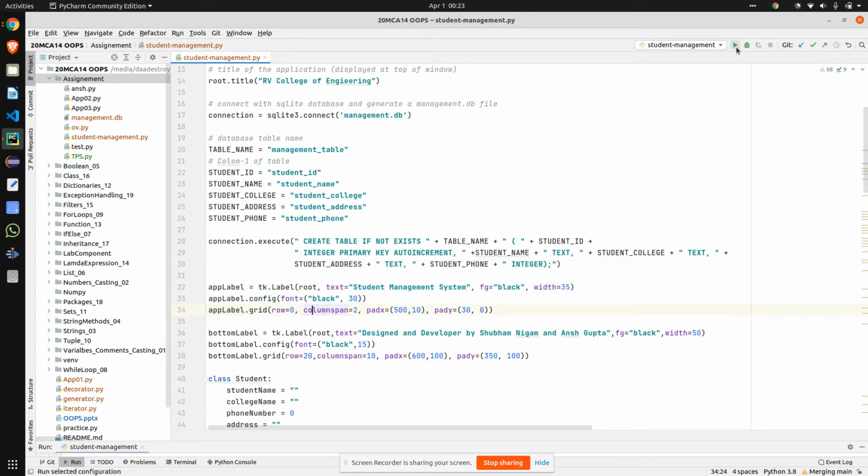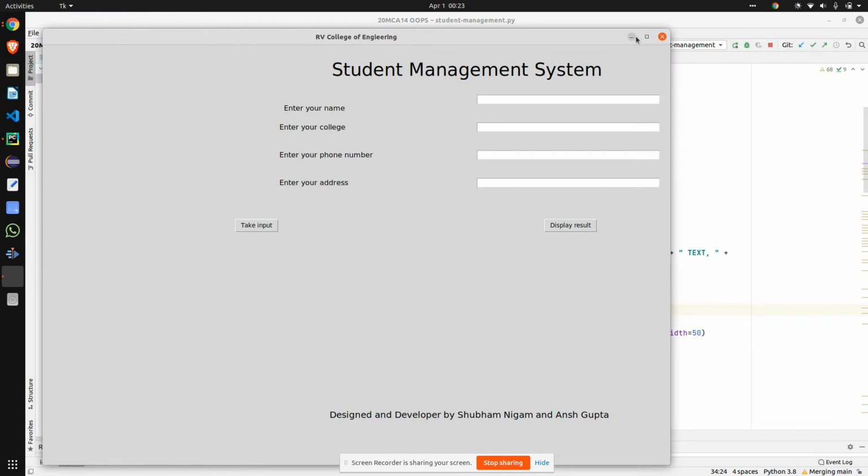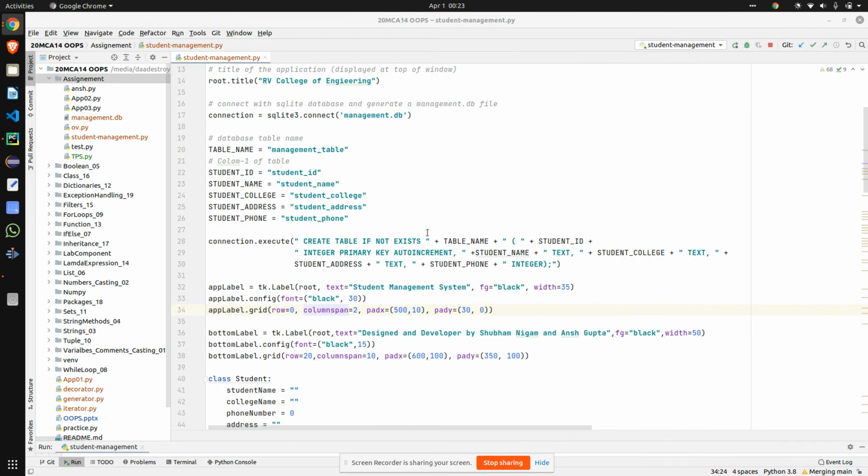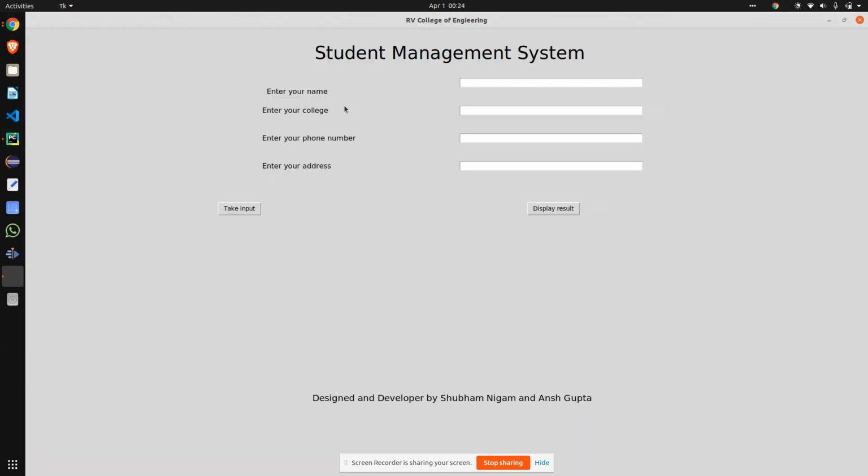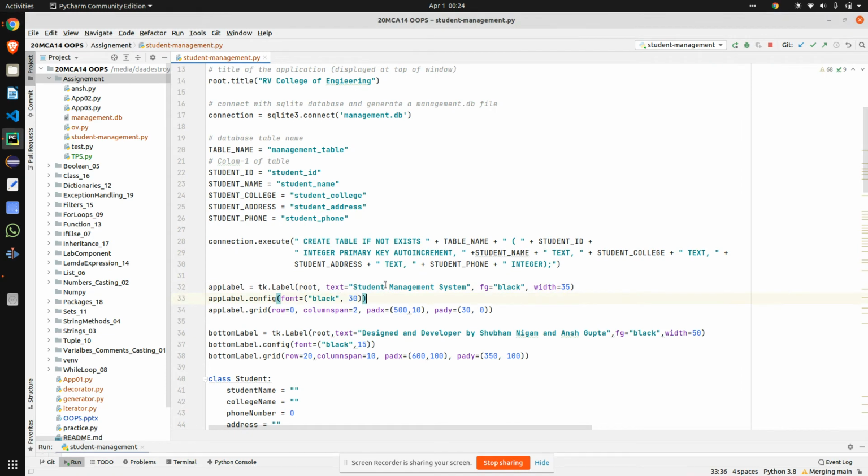So let me run the application again for better clarity. What I did is we are calling a label function which is present in tkinter. Here we have to mention some arguments: root, of course, for initializing our application, and the text which we want to show, here student management system. We have to pass that text, and which color we want for it.